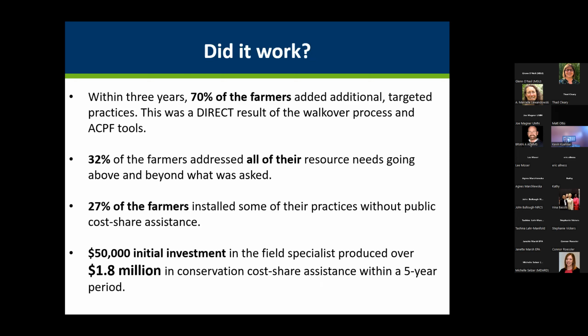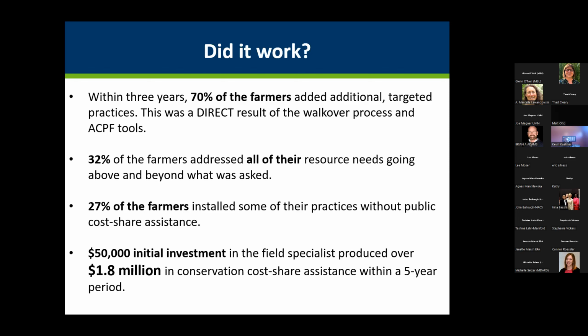The other thing that was also interesting is that even with cost share, when we were able to get both federal and state cost share, which fortunately on many of these projects, we were able to boost the cost share rates up to about 90%. It wasn't in all cases, but that was the goal, to try to get that cost share rate as high as possible, to that target goal of 90%. But even with that, what we found was that some of the farmers, and especially some of the practices, didn't want to use some of that money, some of the public cost share dollars. They felt like they just wanted to fix it on their own, get some of the technical advice, but just work with their local contractor and get some of those practices done on their own